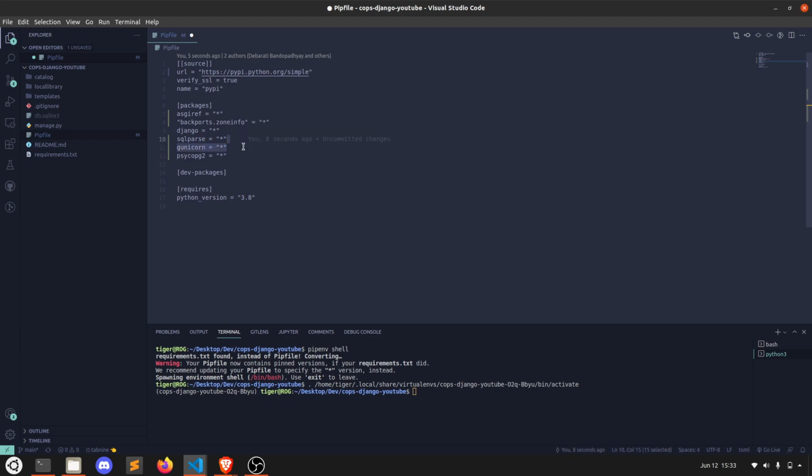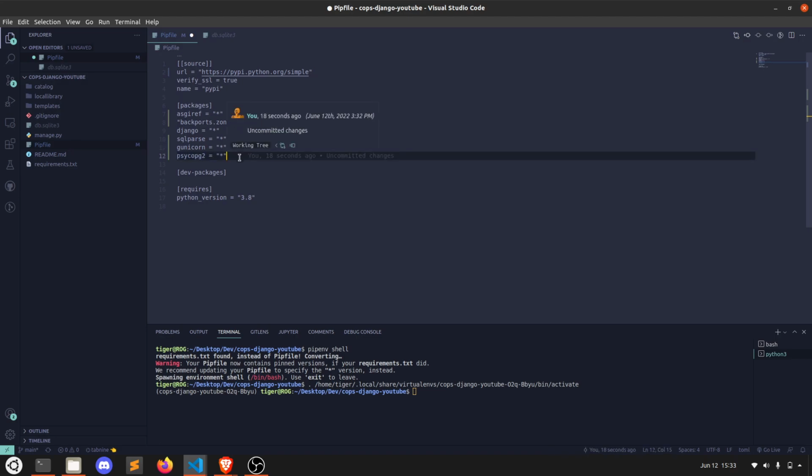So gunicorn provides us with that facility, and we will not be able to use the SQLite database when we deploy it on the web. So to have a proper database, we need to use the PostgreSQL database that Heroku provides us with. So for that we need psycopg2 to use the PostgreSQL database. Now that we have updated our dependencies and the packages,